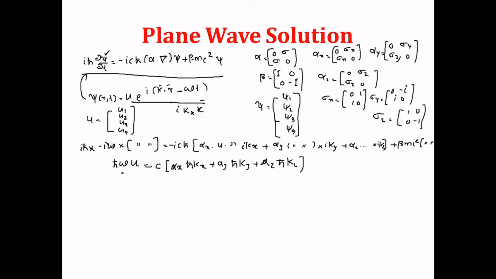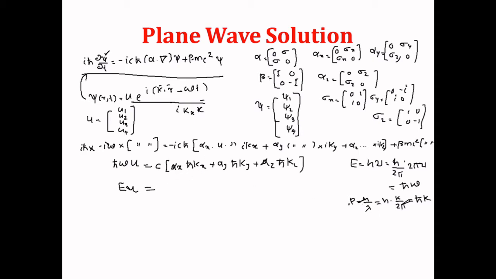Now we can rearrange this term, because E equal to h nu, or you can write it as h by 2 pi into 2 pi nu, so this can be written as h cross omega. Similarly, p equal to h by lambda, or it can be written as h into the wave vector k, which is 2 pi by lambda, so you can write it as k by 2 pi, or you can write it as h cross k.